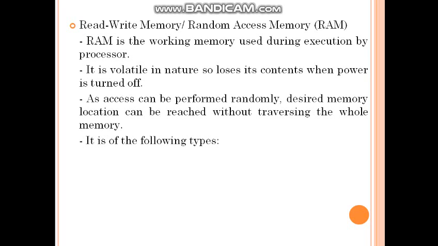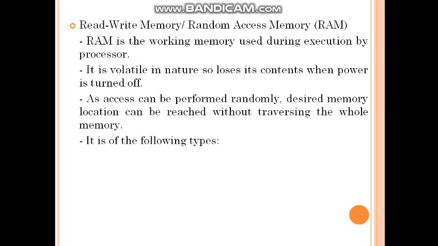There are two types of memory present in the embedded system, that is ROM and RAM. ROM is normally used to store the data. The RAM is also used to store the program as well as a small part of data, which is normally used for read and write operations. This RAM is a working memory which is used during the execution of the processor.